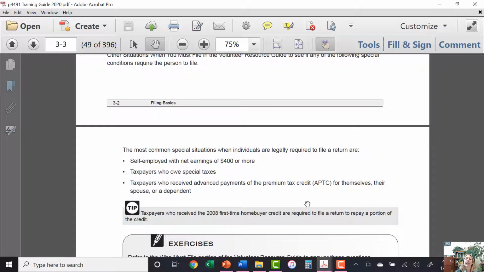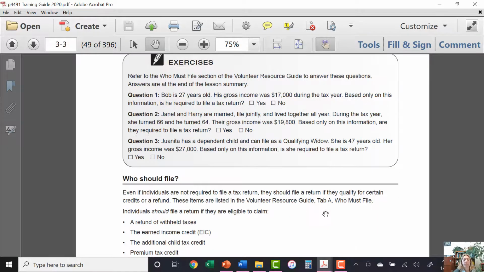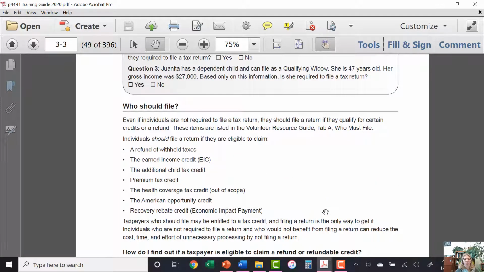And if someone got a 1095-A and they had advance payments of the premium tax credit, they have to file. So if anybody got a 1095-A, they have to file no matter what. Okay, who should file? Everybody. Okay, everybody should